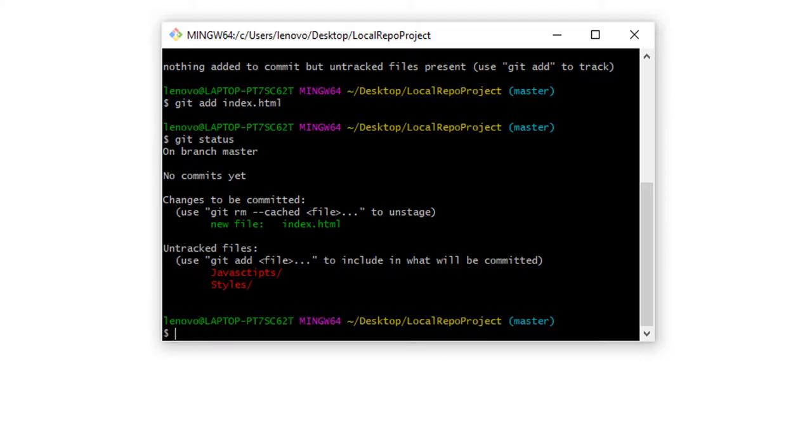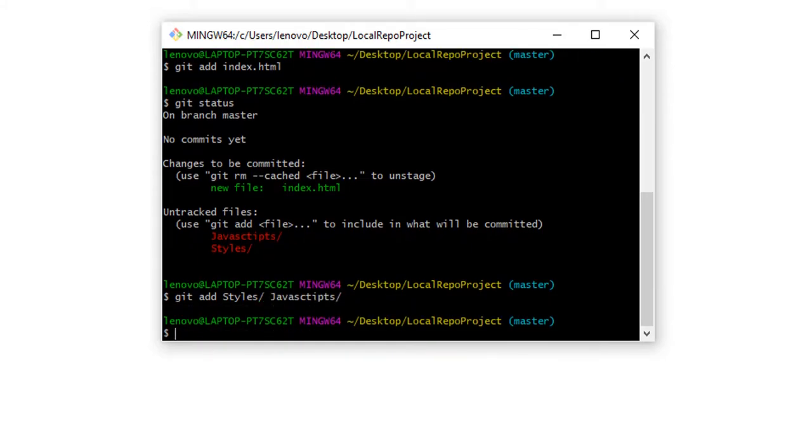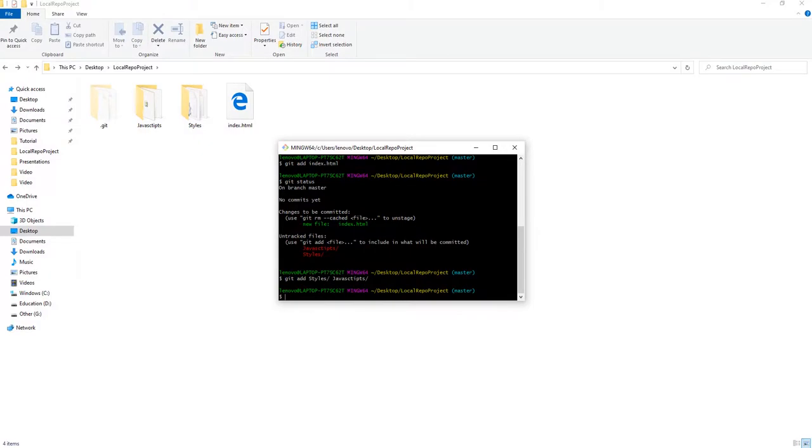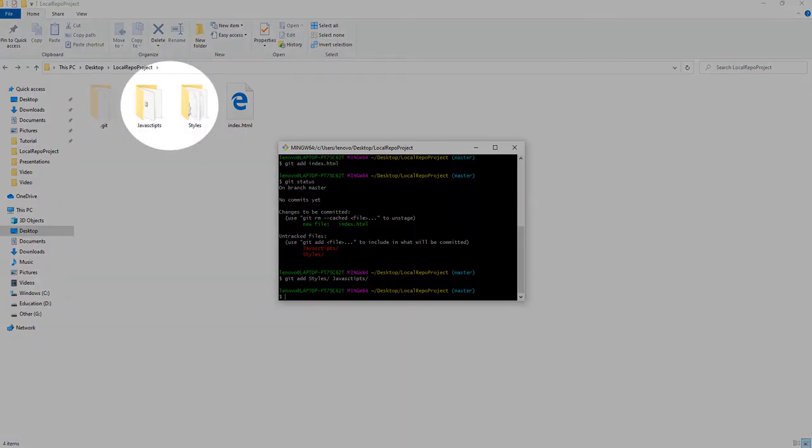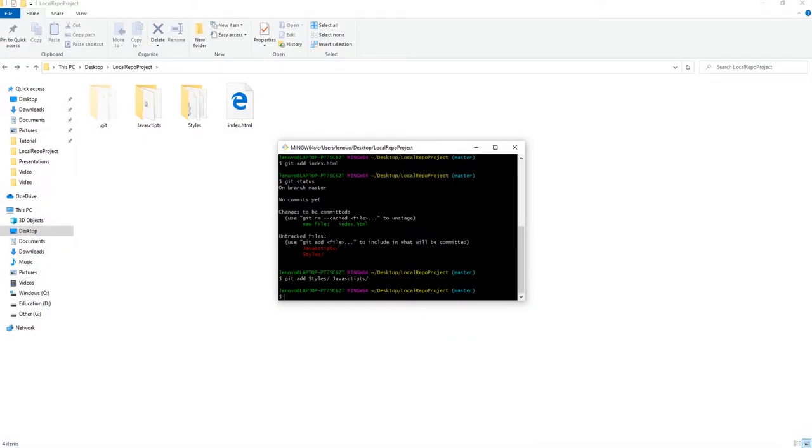Now let us add the remaining files to the staging area. This time we'll add multiple files at a time. We do so by using the same command git add followed by all the names of the files and folders separated by space. Note that both JavaScripts and styles that we just mentioned in the command are folders.